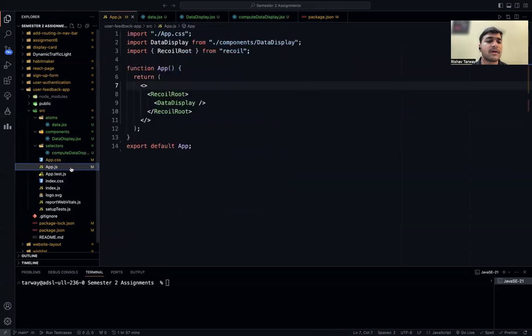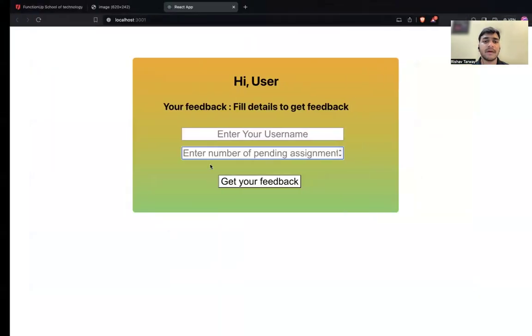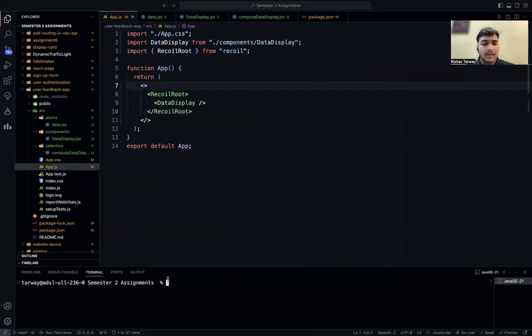All of them have been called in App.js, and we have wrapped all of them inside the RecoilRoot. And once we start the user feedback app with npm start,